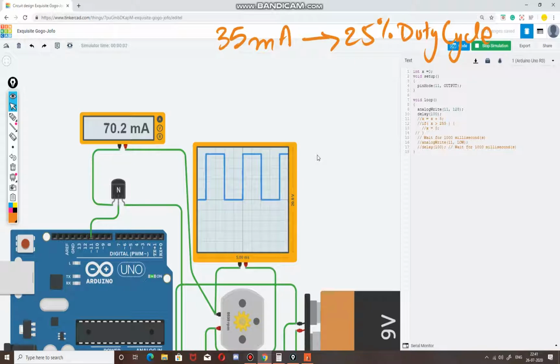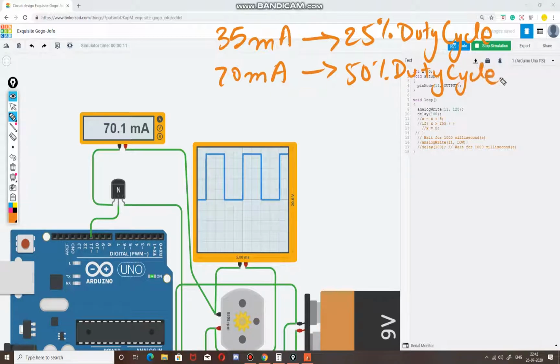Now you can see that there's an increase in current. Let's take it as 70 milliamperes, 50% duty cycle. So 70 milliamperes of current is flowing, and hence the motor you can see is rotating at a much better speed. Originally, at 25% it was rotating at, I believe, 4200 to 4500. Now the rotations per minute is touching 9000, in the 8500 range or something.